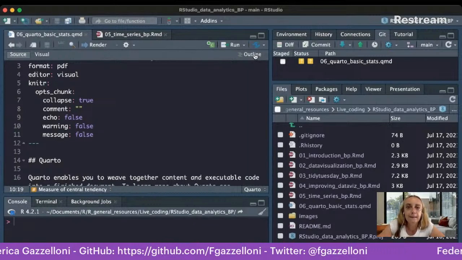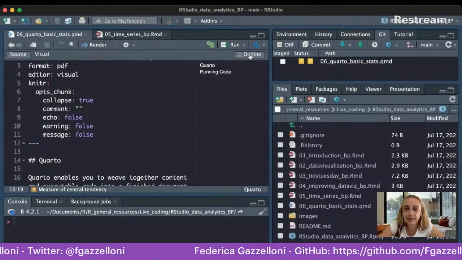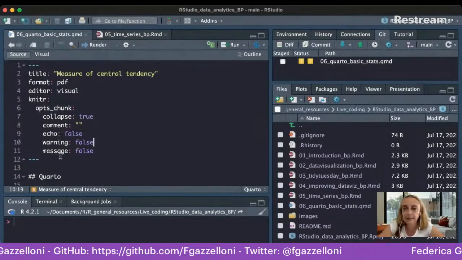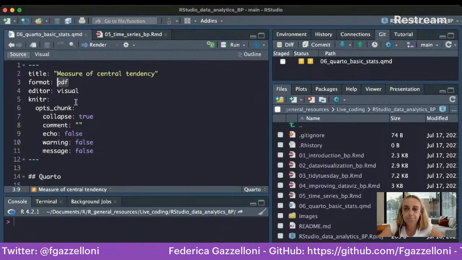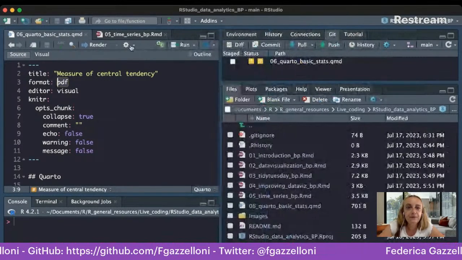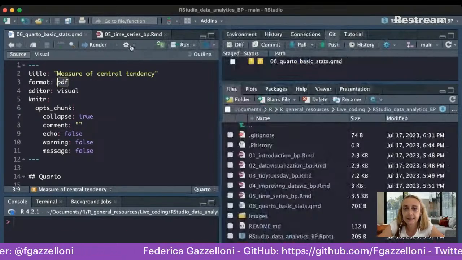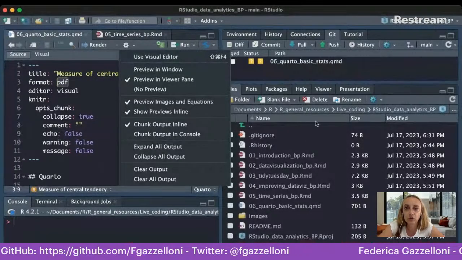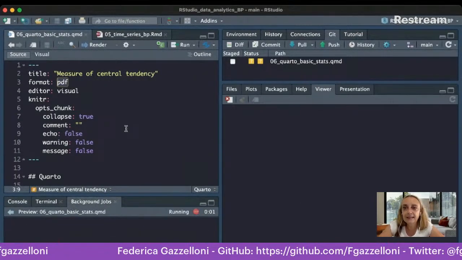We can close these outlines, which is the skeleton of our document that we are going to build now. But for now, this is the PDF that we are going to make. If we render the document, we are going to see the output in preview, in the viewer pane. That means here in the viewer. If I render this as is,